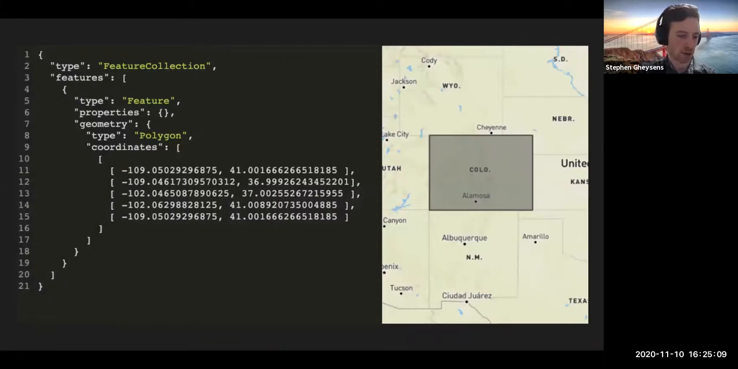Similarly, this is what's known as GeoJSON. If you've done modern web or mobile development, you've probably worked with JSON. It's JavaScript object notation, just a file format. But what you see here describes the shape of Colorado. Right? So it's a polygon, and there are 4 points. You can see that there's 5 coordinates in here, just because it has to tell